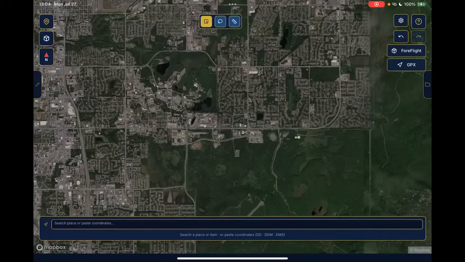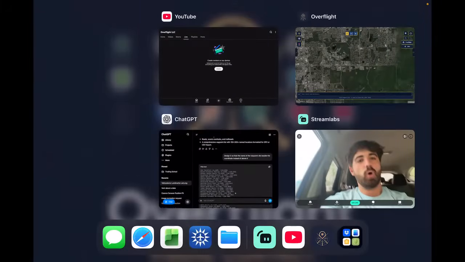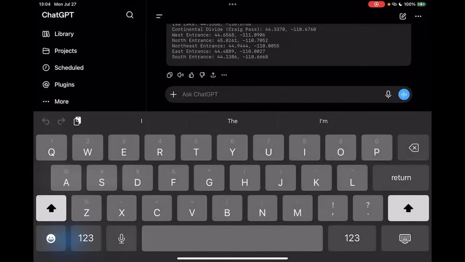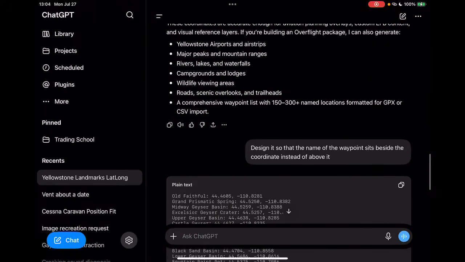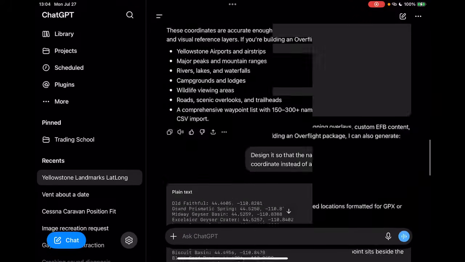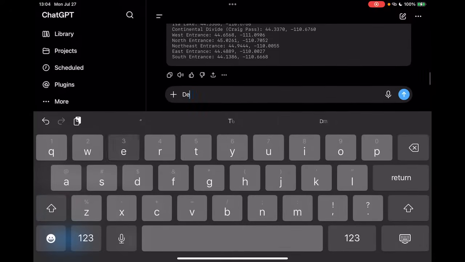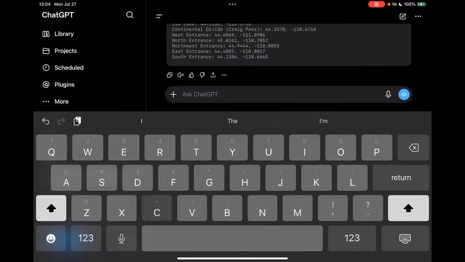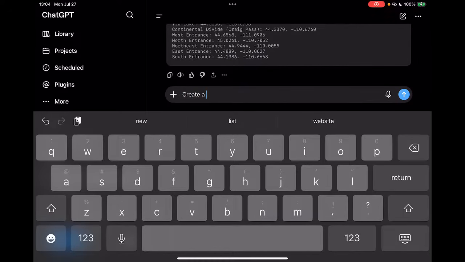So previously I went through ChatGPT and set up a prompt that said, I want you to find or create a labeled waypoint list of every... actually, let me just do it again for you guys so you can see my process. So I'll go into ChatGPT here. So here's what I did. Let's just do it again. Create a list,